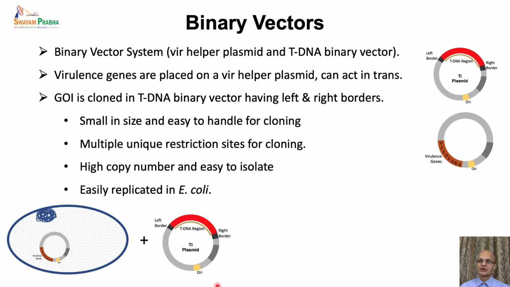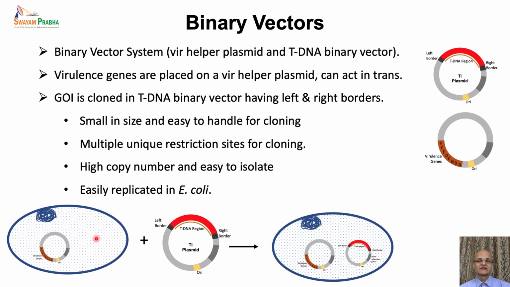There should be a suitable terminator that is required to terminate the transcription, and then additional sequences like the enhancers or the signal sequences if we want to target the protein accumulation to a particular compartment of the cell. So once this vector is ready, we can easily transfer these vectors to the agrobacterium cells that already have the